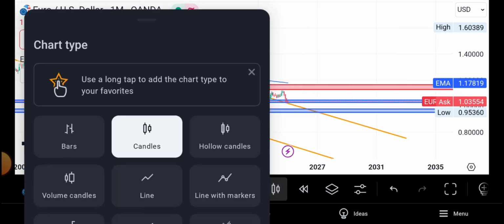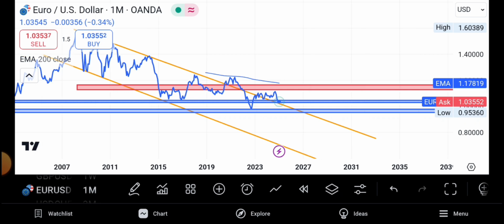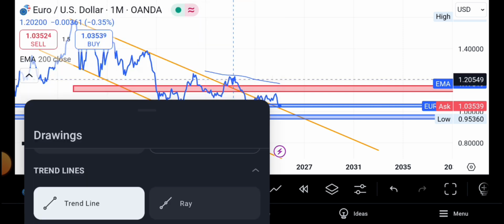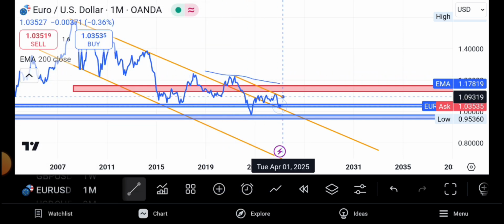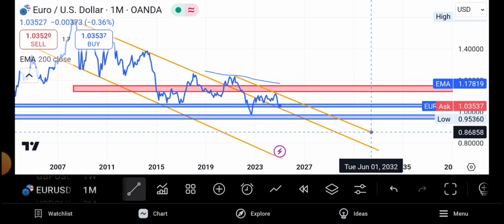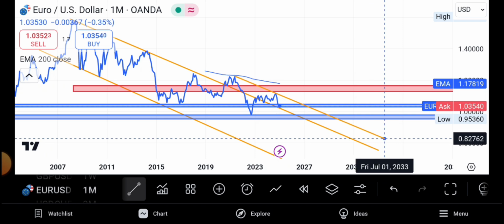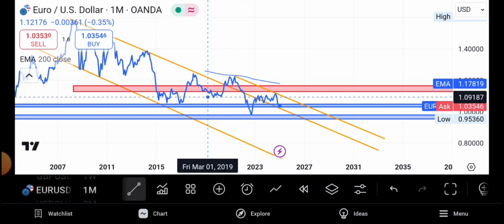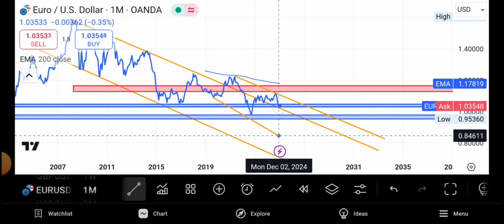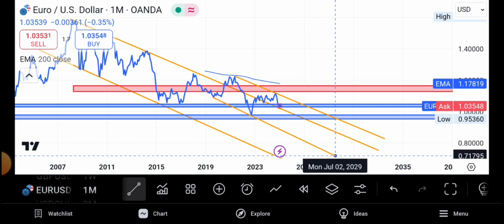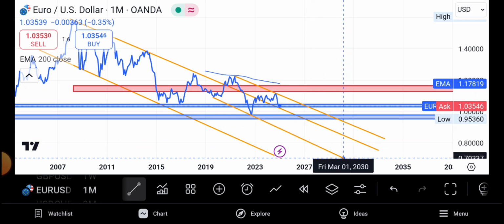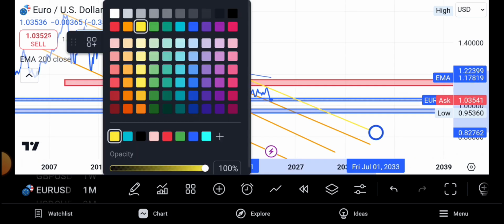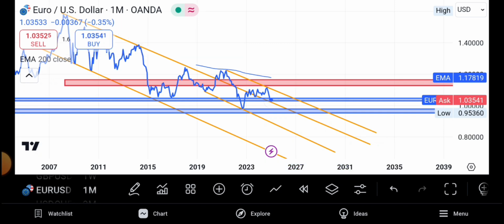In the monthly, what do you see? All of us can see that we have another trend line that is forming here, and then another downward trend line that is forming. So forming what? Forming a downward channel like that. This is a minor channel, so let me indicate it with an orange color. So we have a channel within a channel. Are we together?